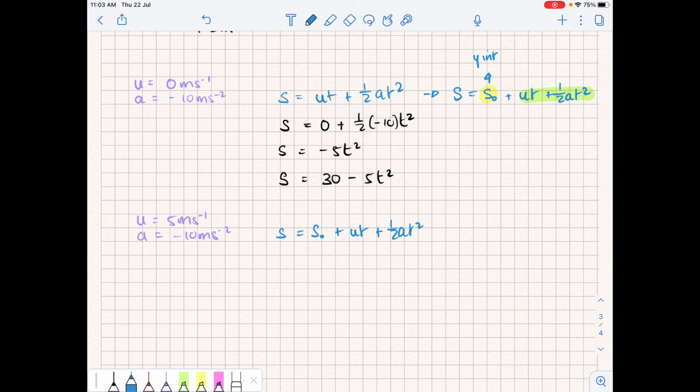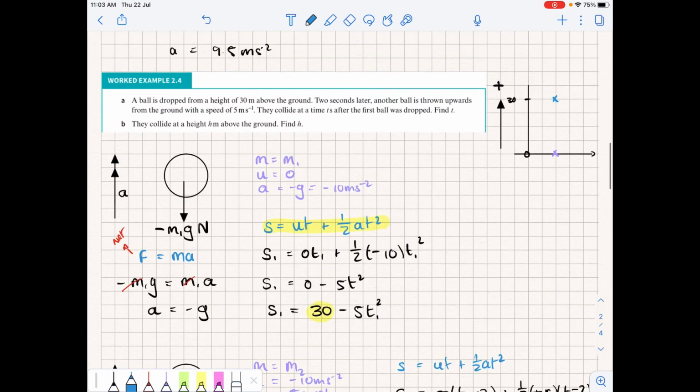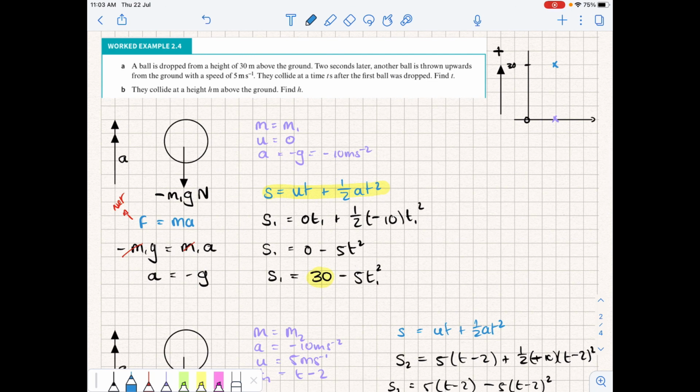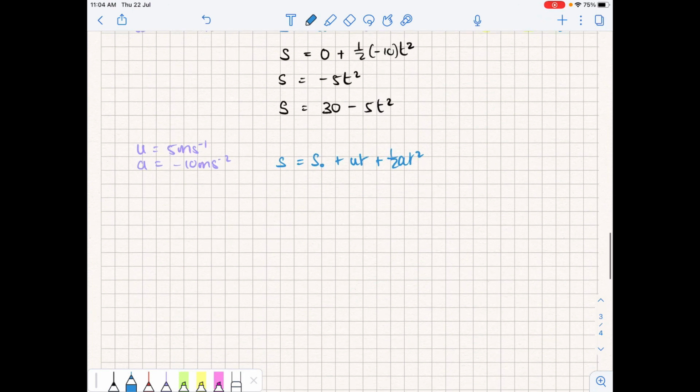Now if we consider how we set the problem up, the starting location is the ground, and the ball is on the ground, so its displacement in the beginning is 0. Then we have plus 5 for the initial velocity times time, and then we're going to get minus 5t squared. So this would be the function that I popped out,